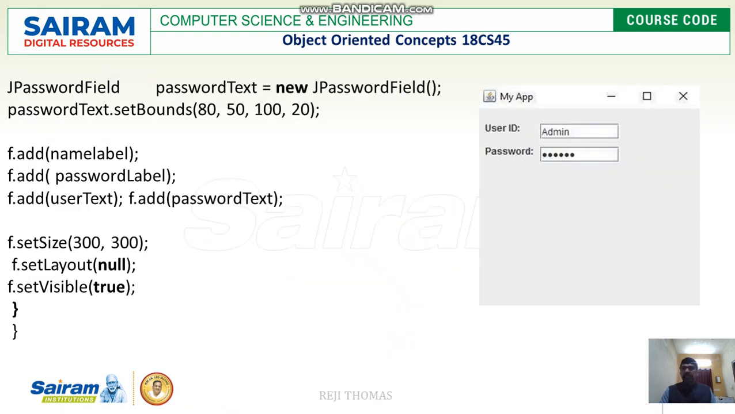Now let us see the remaining program, where we have JPasswordField, password text, and we are going to add this password text to the bound. So next we are going to add this, f.add name label. We are going to add password, we are going to add user text, and we are going to add password text. So all the things are added to this